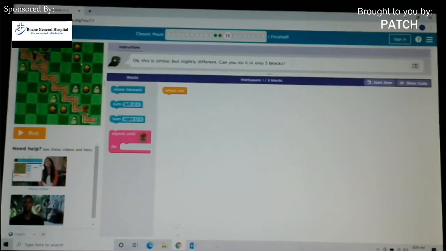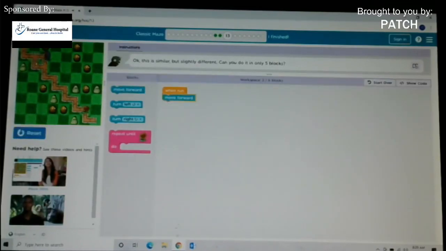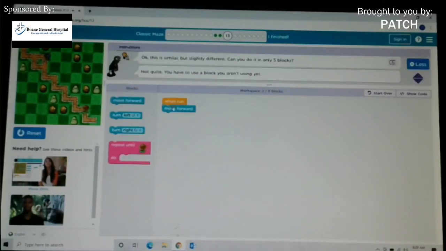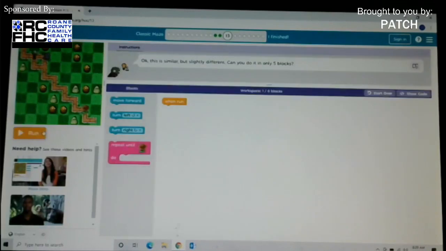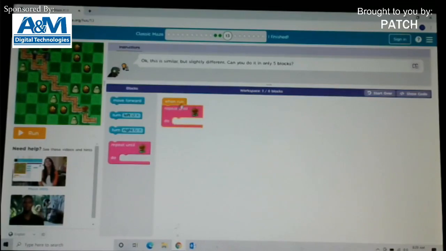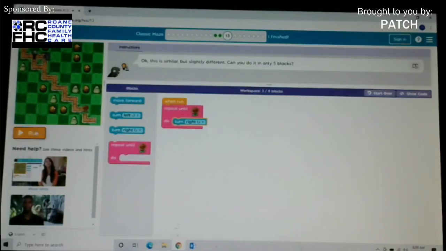Now here we need to use a little bit of puzzle solving skills. If we were to run the command like so, we would just move right into the chomper. Now here we need to use a little bit of problem solving to get back to where we were. So here we need to use our repeat block, and then we need to turn first. Now if we're looking this direction and left is up, we need to go right. Now once we turn right,